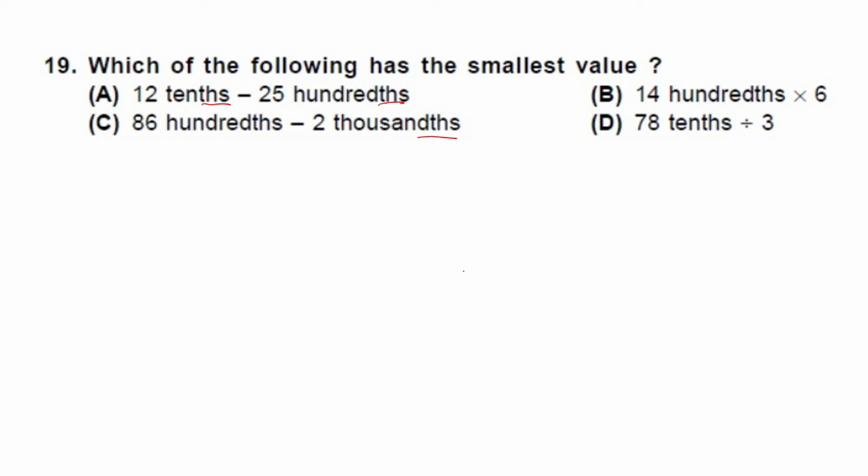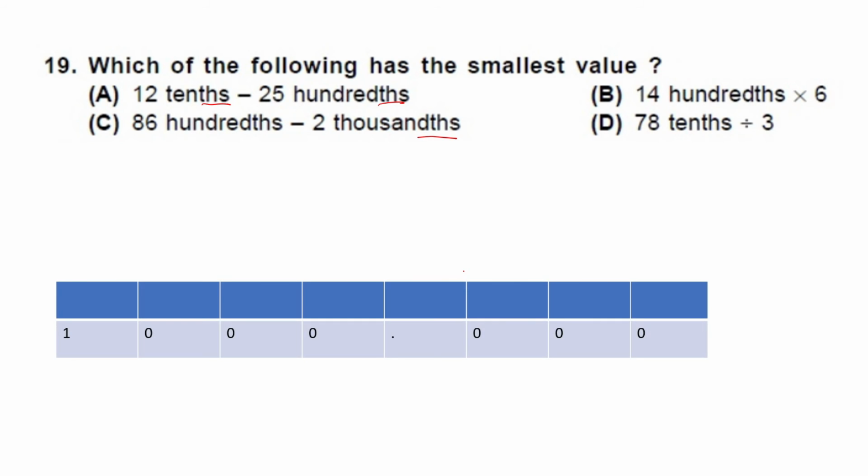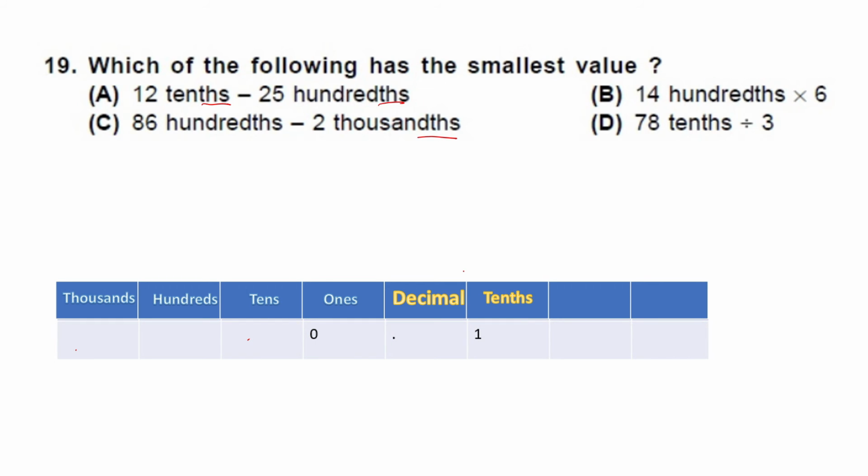So when we have a number, say 1000, let's write the place value for each position. The first position is thousands, next is hundreds, then is tens, then is ones. So we all know this. And anything that we put after this dot or decimal is of no value, but it starts holding value when there is a non-zero number after the decimal.